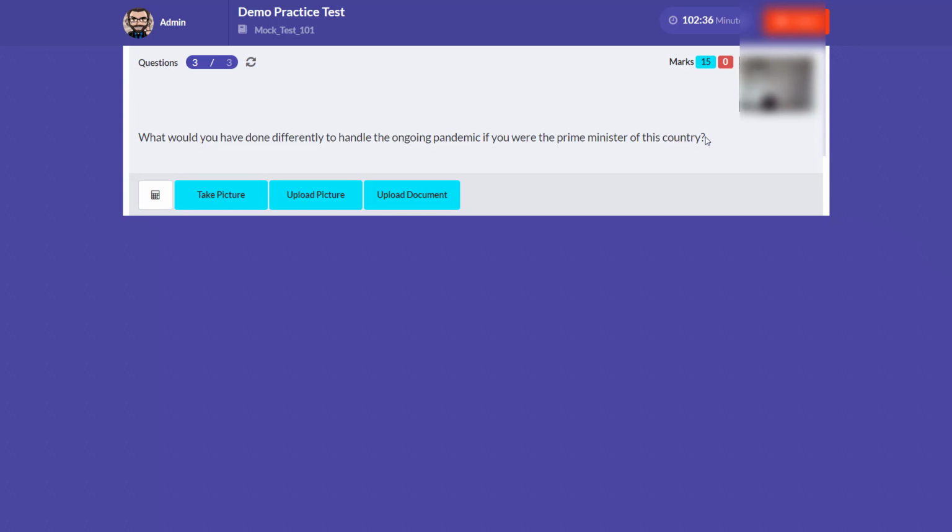When you are writing the answer, make sure your handwriting is readable, because your paper is not being presented to the evaluator; the evaluator will be evaluating the image itself. So the chances of image clarity deteriorating are a little bit higher. So keep your writing a little bit good.